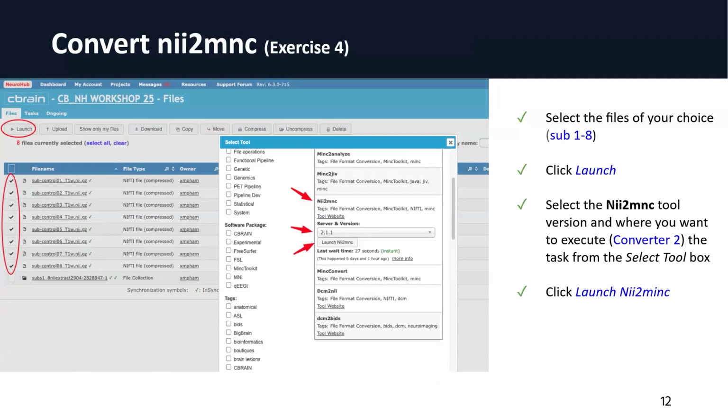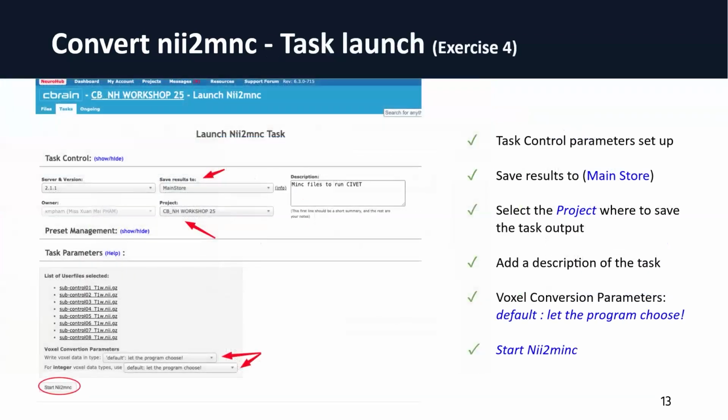Then you click on launch. Then you have, again, the same process. You're going to have the task control page where you will have to select where you want to save your results. Main store, we recommend. You select the project that you created, because you might have a bunch of different projects